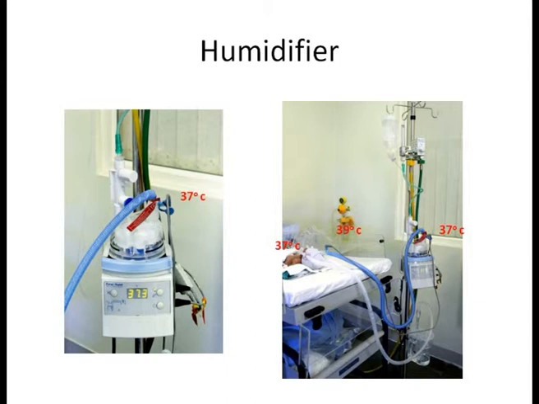So when the gas is actually reaching the nares of the patient, it is going to be at 37 degrees Celsius with a relative humidity of 100%. Now when the gas exits the patient in the expiratory limb, the gas temperature is going to fall down to the room temperature. Whenever gas goes below 37 degrees, there is going to be condensation, and this condensation is going to reflect in the expiratory limb. So the excess water in the expiratory limb trickles down to the bubble chamber. Now the bubble chamber is made in such a way that the excess water collects in a side chamber and the water level does not increase.